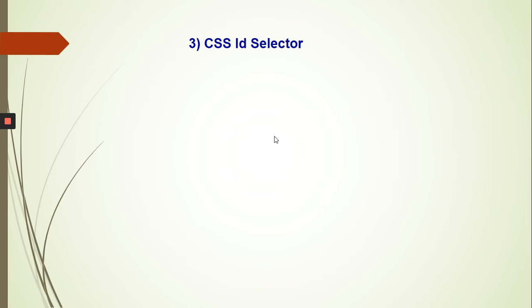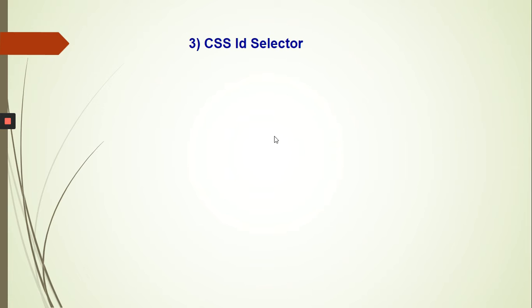When we wanted to work with HTML elements, their tag names were selected. Similarly, what were class selectors? CSS class selectors select every HTML element with a specified class value and apply styles on it. Similarly, the CSS ID selectors will identify HTML elements which have an ID. If you have used ID as an attribute on a particular tag, then whatever value that ID has will be called for styling.